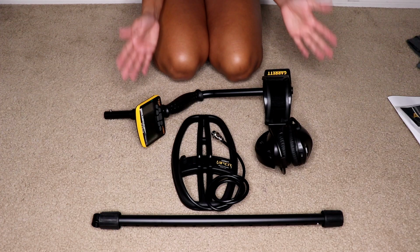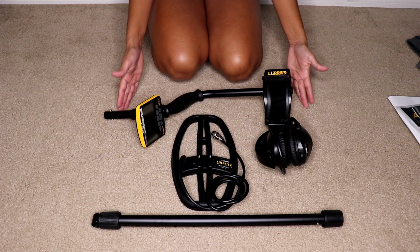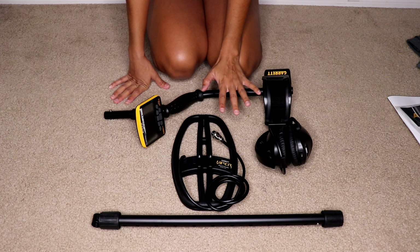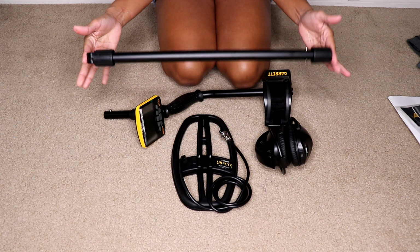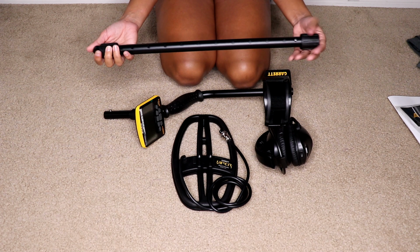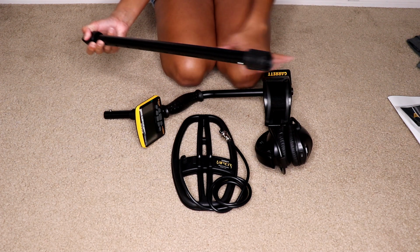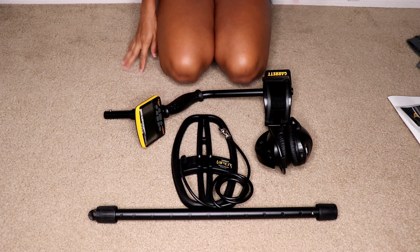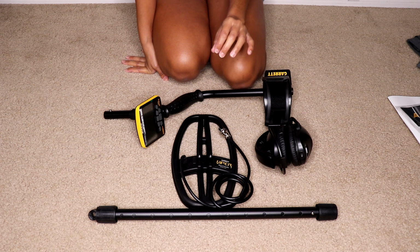All right, so these are all the parts of our metal detector. So just having it laid out here on the ground, I can tell you that this is small enough to fit into a backpack. This is the longest part here, and this only measures 20¼ inches long. So if you have a backpack or a duffel bag that is at least 20¼ inches, this will all fit and you can easily pack it up and do some hiking with it, or take it out on the boat with you, assuming you're going to be on a sandbar or an island,